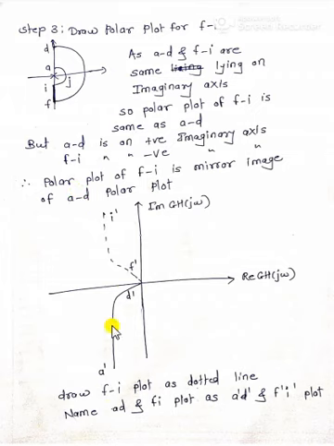So we are drawing here our AD, renaming it as A dash D dash path, which is the same for FI. So FI is the mirror image of A dash D dash. So we are drawing here F dash I dash. Draw the FI plot as a dotted line and name it A dash D dash and F dash I dash. We are not going through the procedure for finding FI because the procedure is the same as AD, only it is a mirror image of AD.